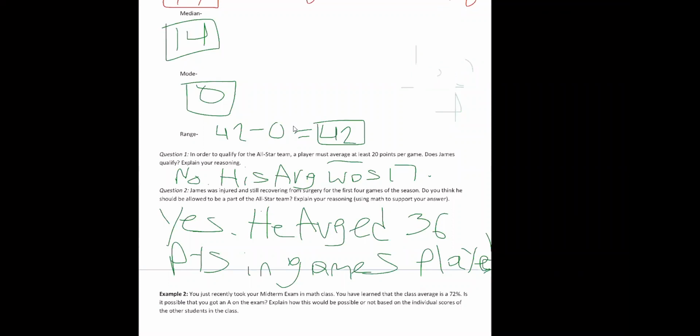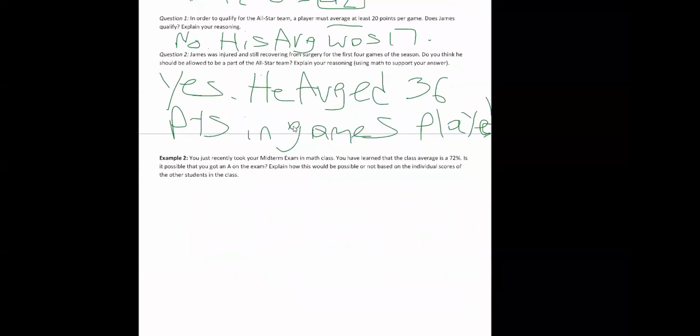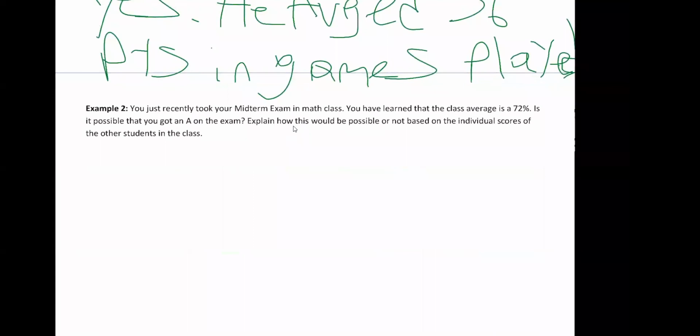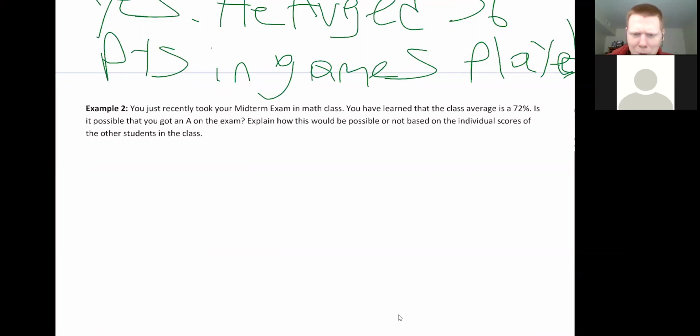Okay, and then one more question I wanted to look at. It says, example 2, you recently took your midterm exam in math class. You have learned that the class average is a 72%. Is it possible that you got an A on the exam? Explain how this would be possible or not possible based on the individual scores of the other students in class. I don't know how awake you guys are, but if you want to give me your opinion, what you're thinking,